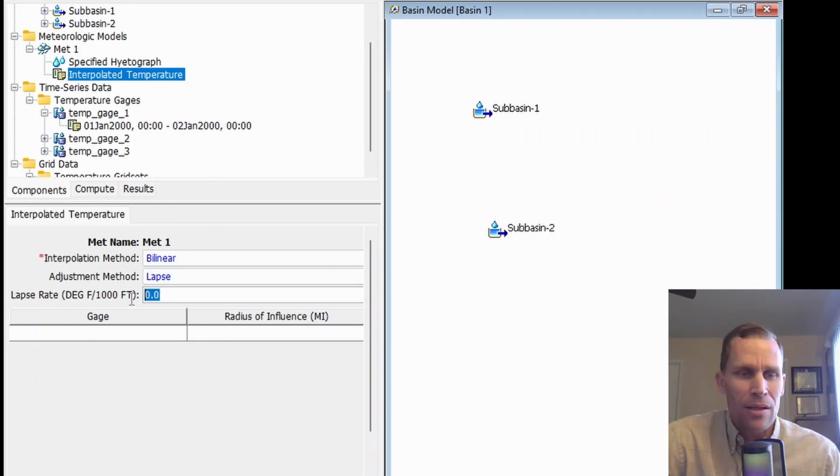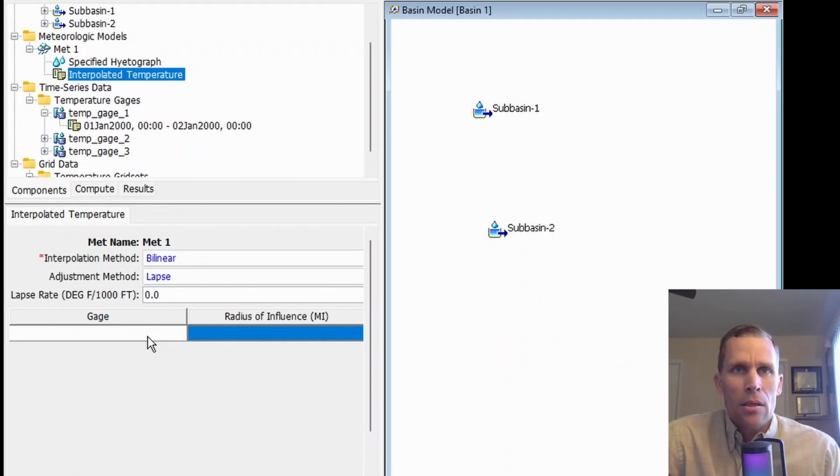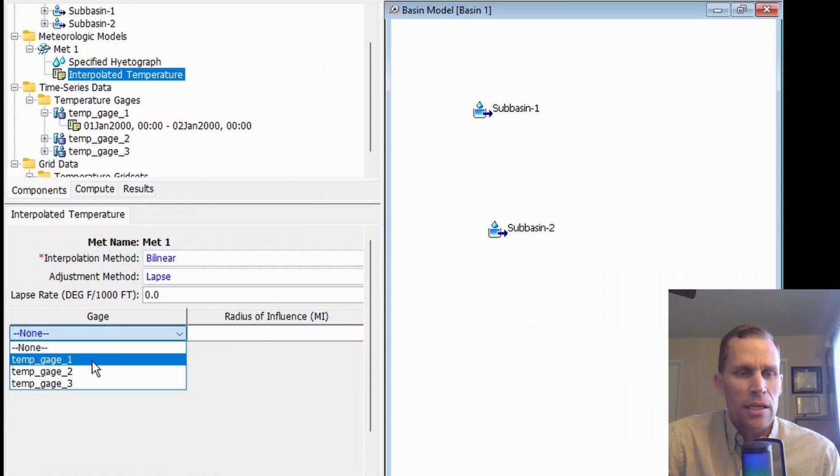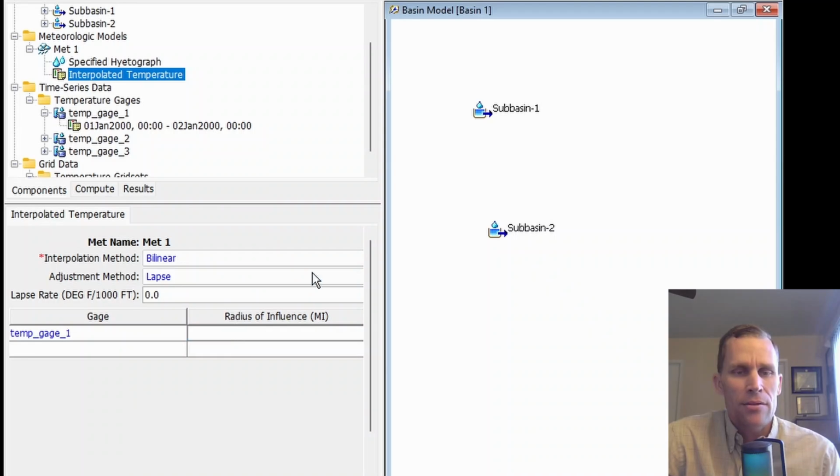So just go ahead and type in a number there for that. At the bottom here, we have this table where we list out the gauges and the radius of influence. So what this does is it allows the modeler in HMS to completely disregard any gauges that are beyond a certain distance. So what I would do is just say gauge 1, for instance, has no influence after 100 miles